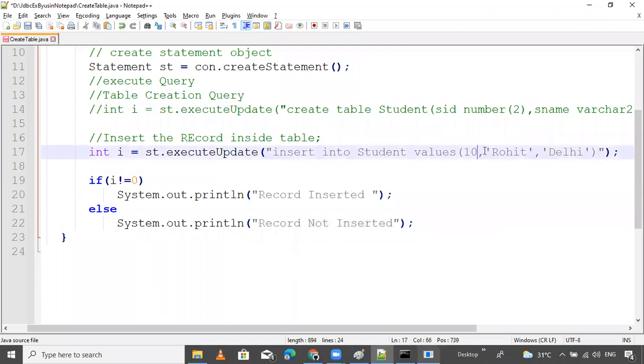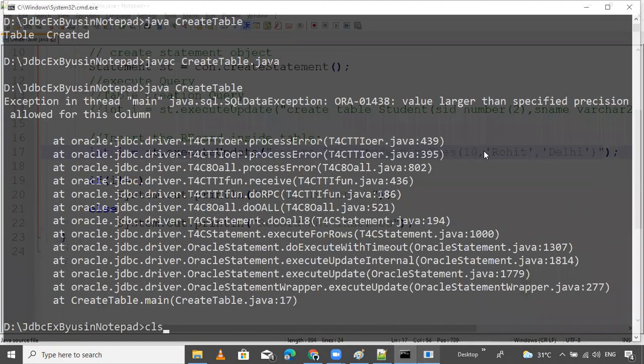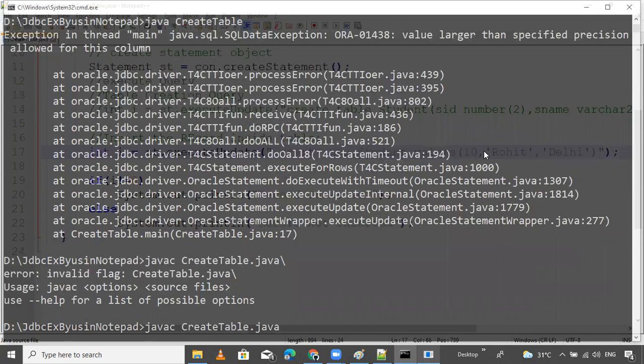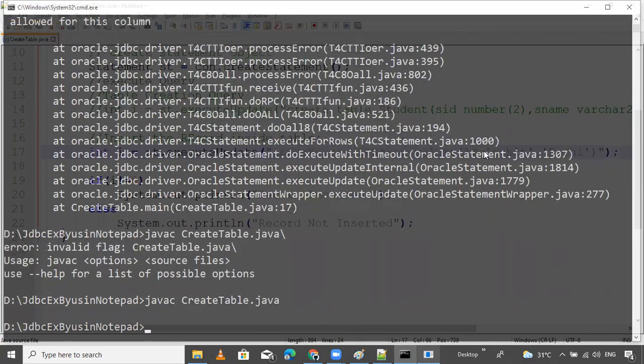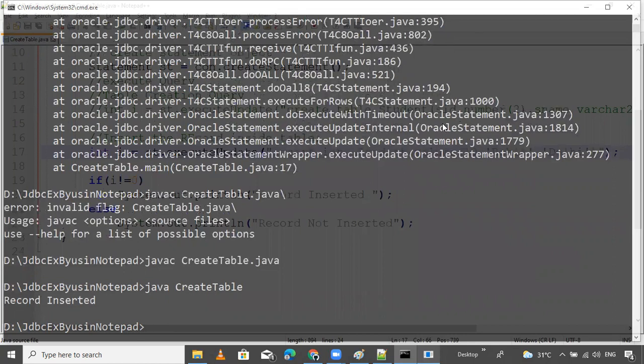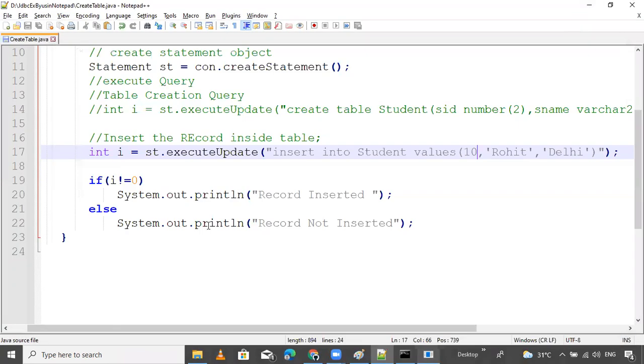So I want to change that. Simple. Compile and done. Now record inserted. It means now it's returning one. This is the drawback.